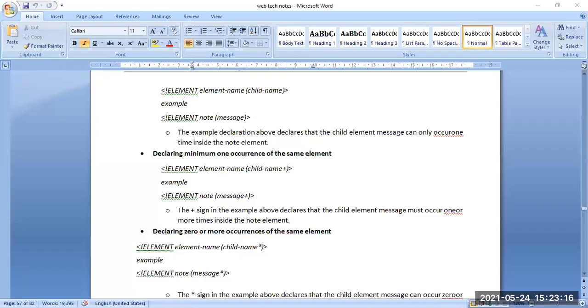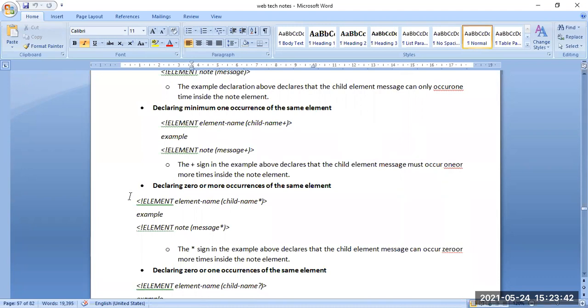Okay. So what we are talking about is declaring a minimum of one, or zero or more occurrences of the same element. Here, with the element name and the child name, a star sign, a multiplication sign, has been added. This star sign is declaring that the child message element can occur zero or more times inside the node element.